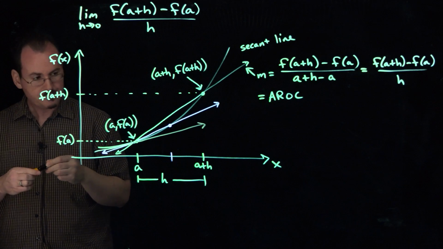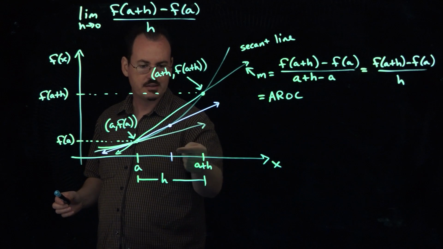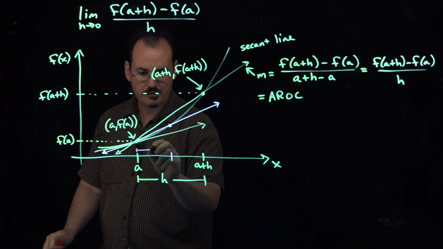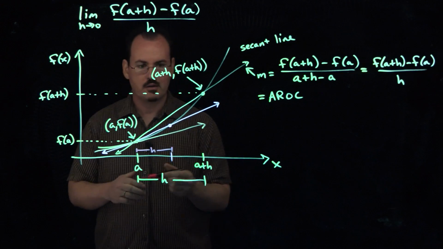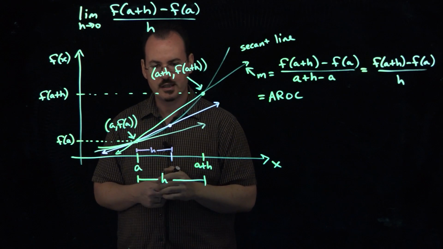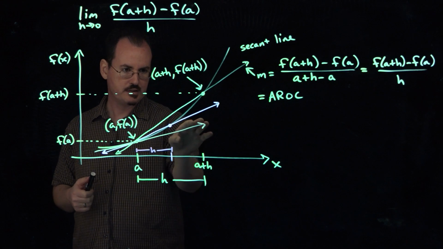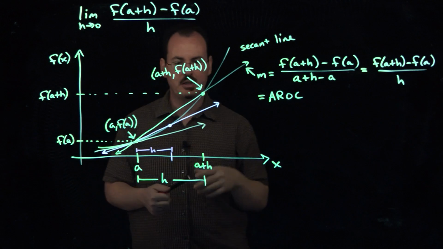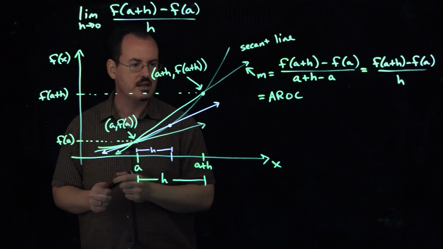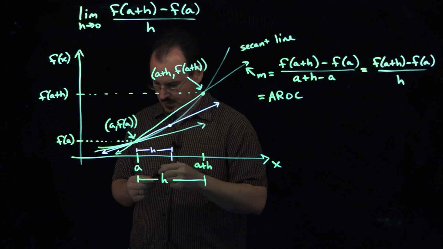a, f of a. So the idea is that as this h value gets smaller, if this was some new h value that we did, this new secant line here would have a slope that's a little bit closer to the slope of the tangent line. So when we actually bring that h value really, really close, you find that the slope of the secant line and the slope of the tangent line are basically indistinguishable. And that's where the limit comes in. We shrink that h all the way down to virtually nothing. And then what we get out of that is the slope of the tangent line,